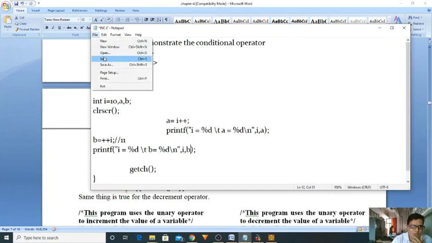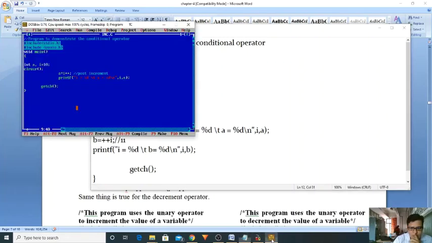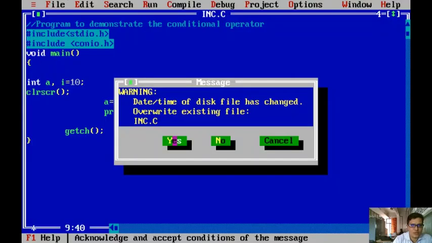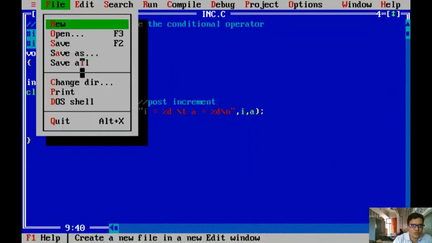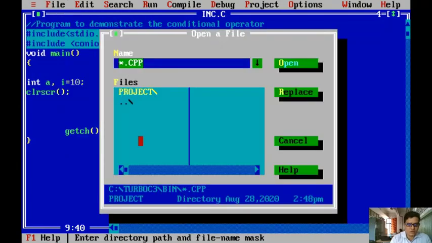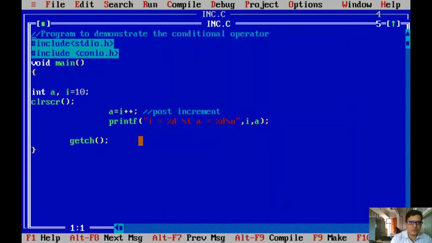Okay, let me check. I modified it, so I'm pressing save and saving once again. I'm opening my file once again, because I modified it, right? inc.c. Yes, we didn't get it, where has it gone? Let me wait.